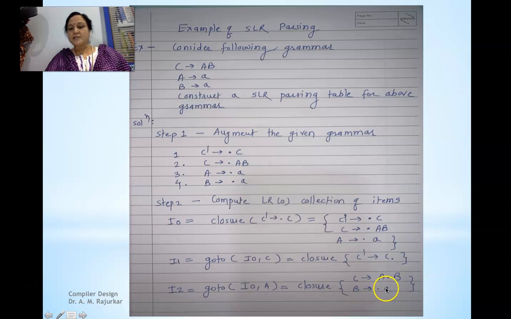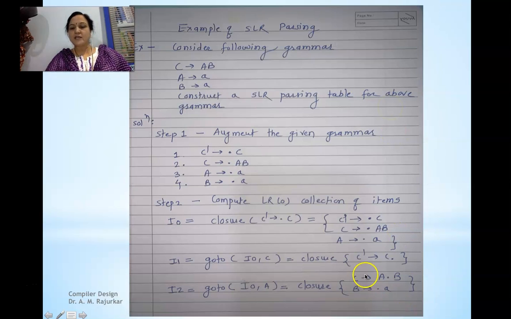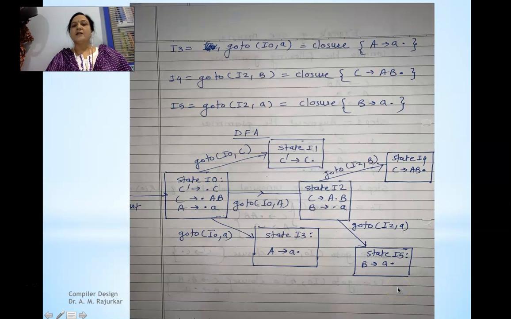Now the second production is B tends to dot A. Now the dot gets shifted after A and we get a new state, that is I5. So I5 is equal to goto(I2, A), so closure of B tends to A dot. In the previous step if you see, it was B tends to dot A. Now it has become B tends to A dot. Now all these productions have the dot at the end, so I cannot get further states. So there are 5 states in the DFA which recognizes viable prefixes and handle on top of the stack.